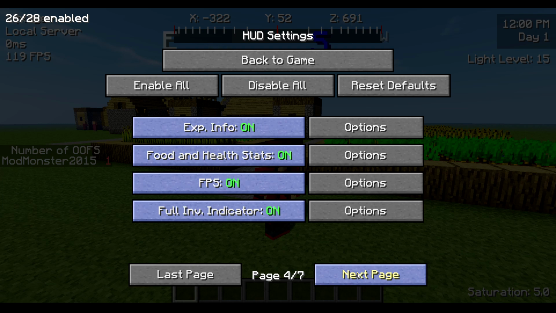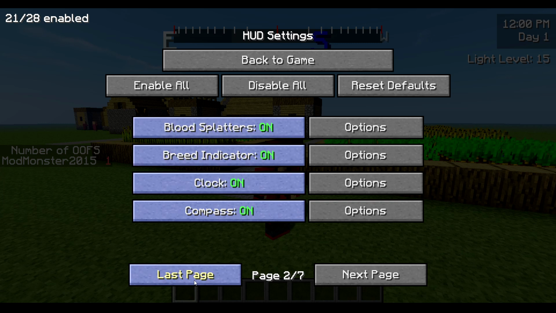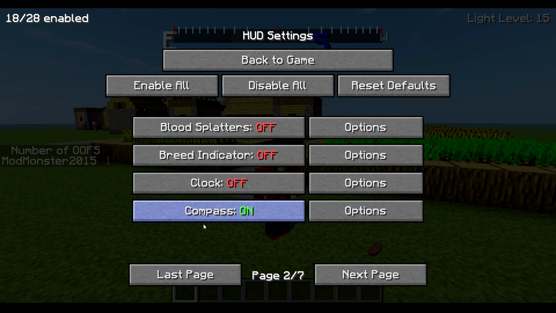I'm going to turn off my frames. What about our food and health stats? I can turn off distance, coordinates, connection, and whatever we want.